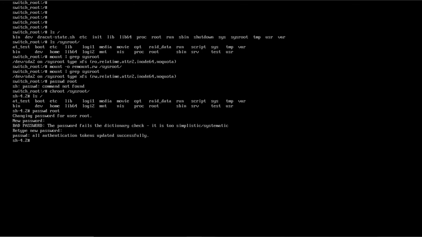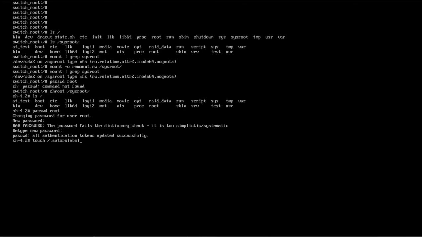Now when you go to this rd.break, it is not able to properly relabel the files. So we have to make sure we touch one file here before exiting, and that is a hidden file under /, and the file name is .autorelabel. This file will indicate to SE Linux to relabel the files and directories again. It will take time depending on the size of the file system you have, but it will do it.